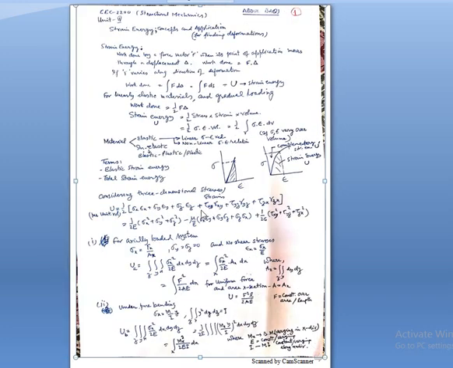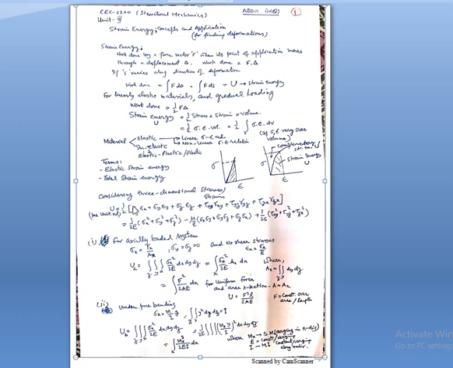Now we can find mathematically the total strain energy: under the application of many stresses and strains, we can find the strain energy, and the sum of all these energies will be called the total strain energy. This is more clearly explained in this equation. The total strain energy will be nothing but half into stress and strain. Now within the bracket we have taken all types of stresses and strains.